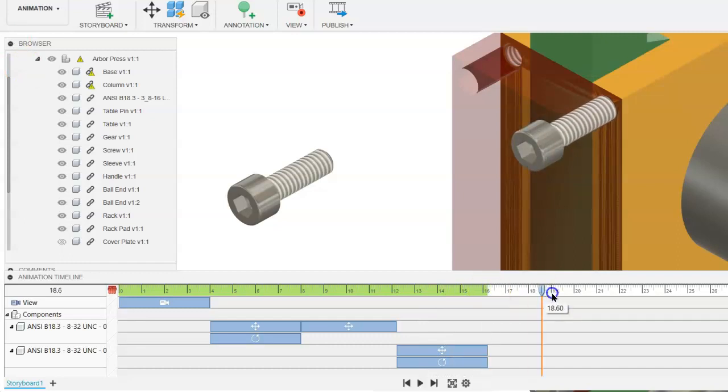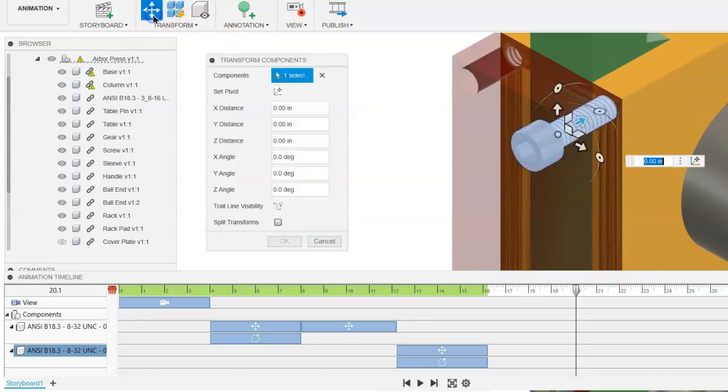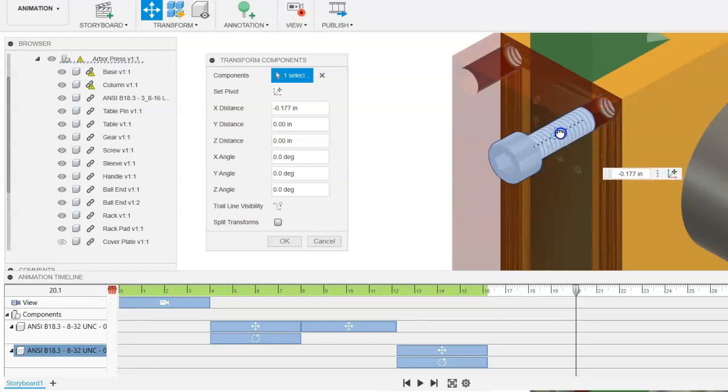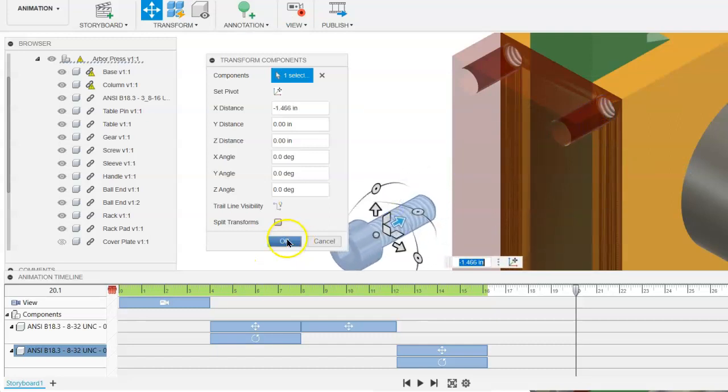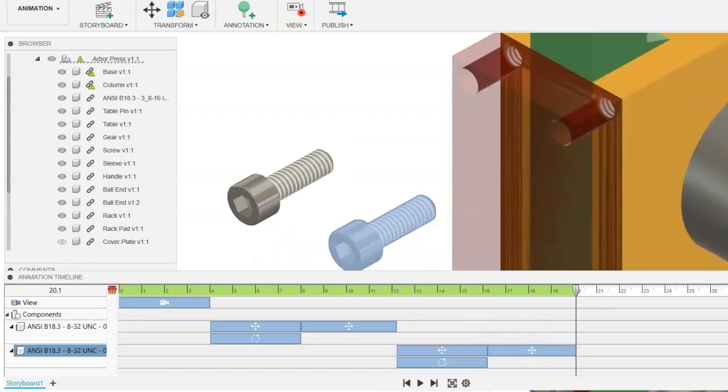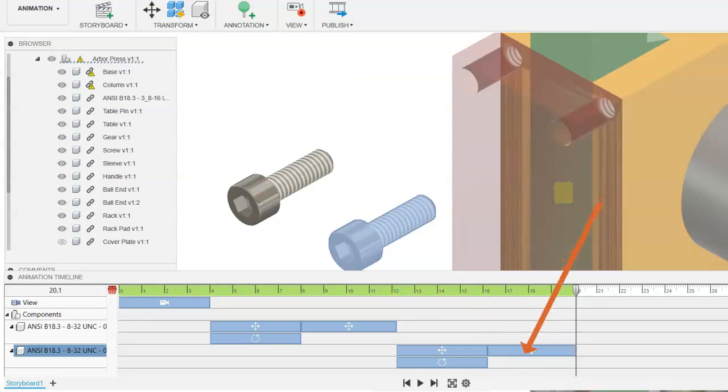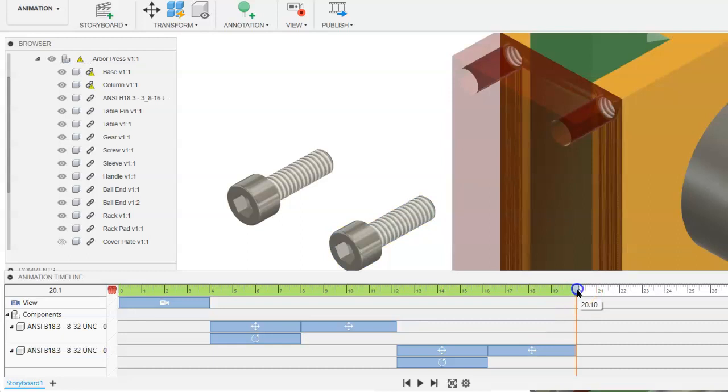You can grab the playhead and move that out however far you want as far as the time lapse, and you can click on that or go to transform, click on that screw, and grab the arrow aligned with the axis and continue to move this out and then click on OK. Again, that will create another translational movement here for that screw. You can move the playhead out,